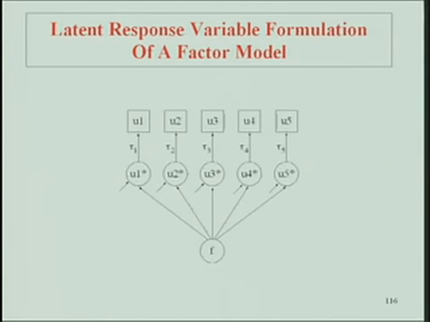So note that when assuming normal factors, normal F in this case, and using a probit link, what does that mean in this picture, using a probit link? Well, you have to look at the details. Here sits the little delta, or was it epsilon? The residual in the U star equation, in the linear regression. If that is normal, we agree that that was the same as probit regression, right? We had the picture and the formulas. So if this is normal as opposed to logistic, then this is a probit link. So if this is normal, and that is normal,